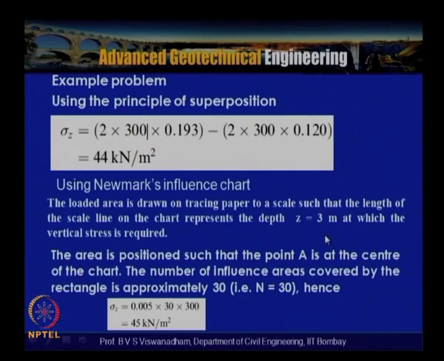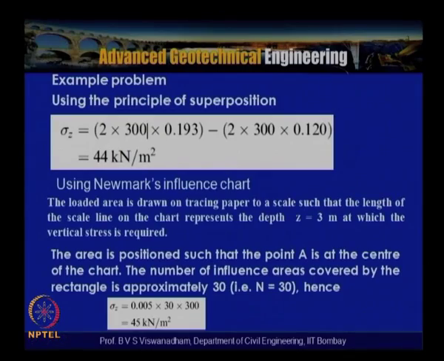Suppose z is equal to 5 meters, then the scale of the loaded area changes. The area is positioned such that point A is at the center of the chart and the number of influence areas is calculated. In this particular case we get 30. So, 0.005 into 30 into 300 we get 45 kilopascals. So, this is how you can calculate. Suppose you have an irregular shape, that can also be applied, and vertical stresses, shear stresses, and the horizontal